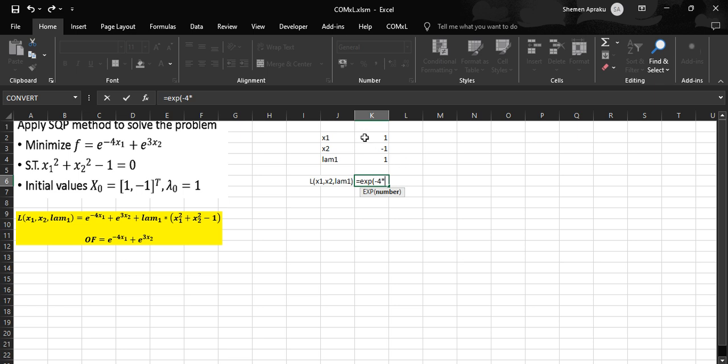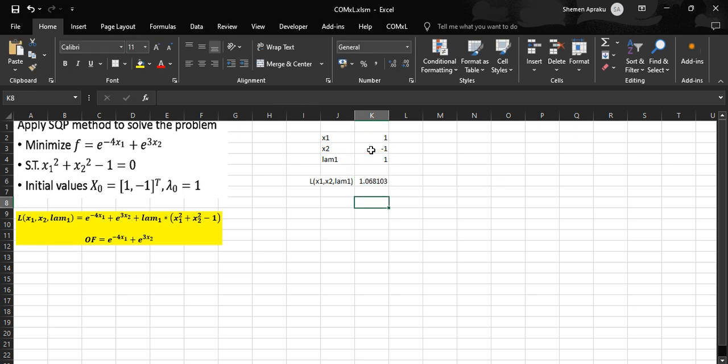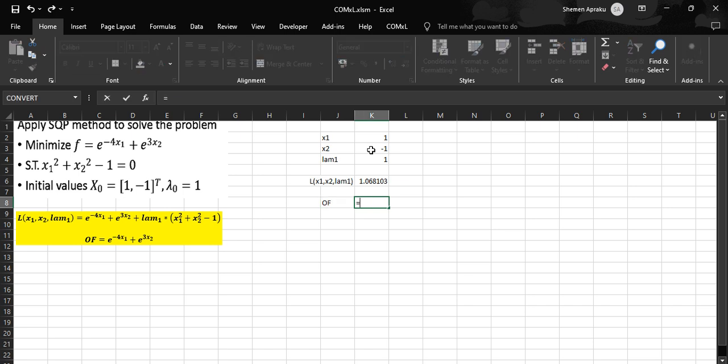So exponential minus 4 times x1 plus exponential 3 times x2 plus the lambda 1 initial point times x1 squared plus x2 squared minus 1. So this is the Lagrangian function,